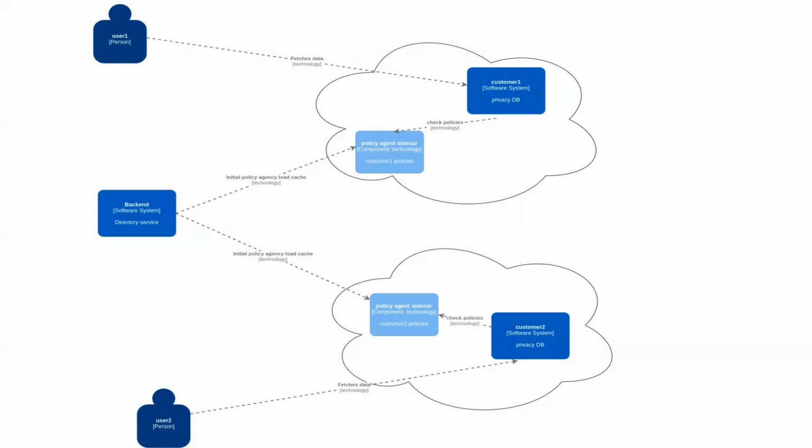So we can load whatever data is needed from the database into a cache, rather than actually hitting the database. And implementing it as a sidecar means we need that service, the policy agent, along with the life cycle of the main instance, right? And this policy agent sidecar is specific only to that customer one, like we have it separately, right?